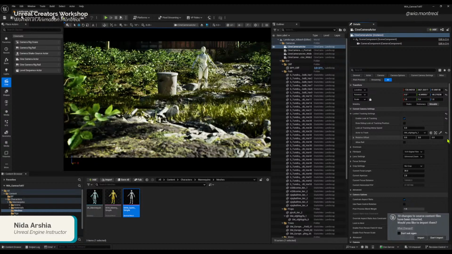Okay, a very important thing. In Unreal, in XYZ, X and Y are going to be your axes on the 2D plane, and the upward axis is Z. So it's different from other 3D software that we have. If I add some transform value to the Z axis, the camera tracking will change.